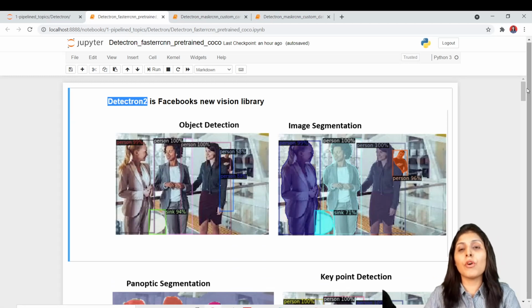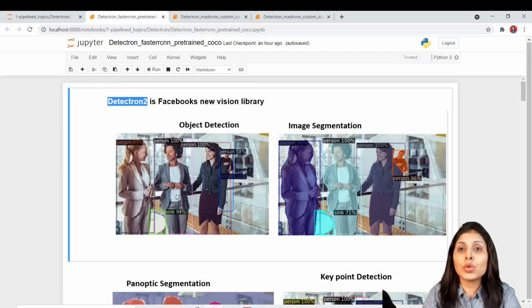So guys, in my previous videos, what I have explained is that we always study one algorithm, and that algorithm performs some specific functionality. For example, Mask RCNN will perform image segmentation with object detection.